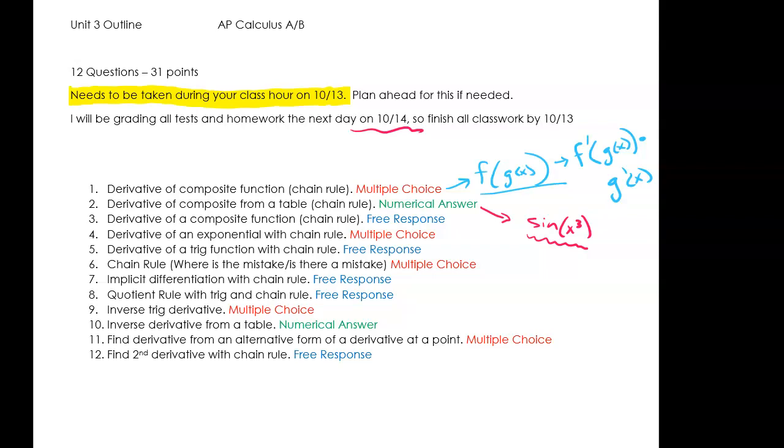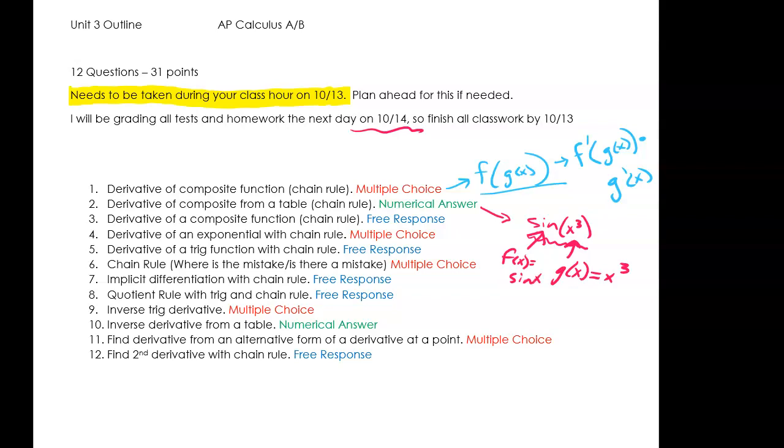You guys had some questions in Khan Academy where you had to identify which one of these was f and which one of these was g. Like up here, how it says f of g of x. If I have sine of x cubed, oh, go for it. Perfect. And that's because the x cubed was essentially put into sine of x. So g of x is x cubed. Sine of x is f of x.